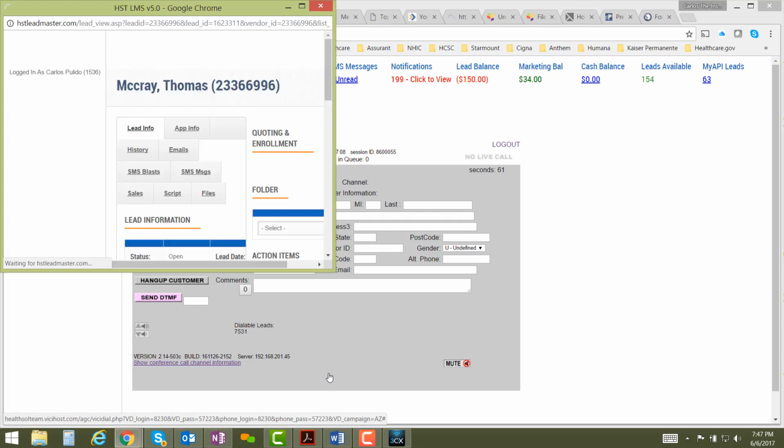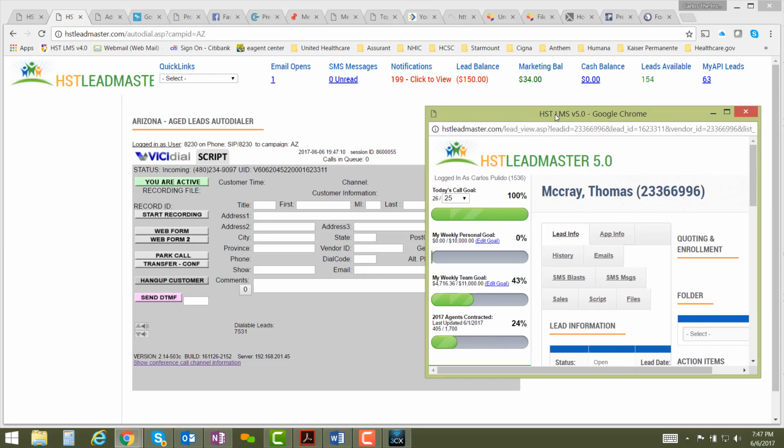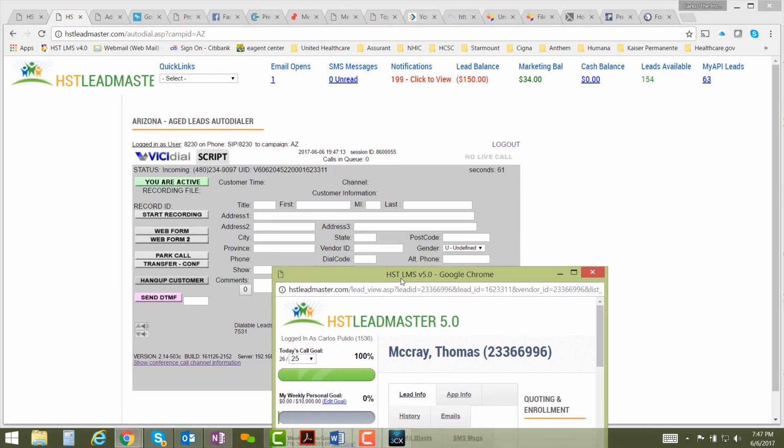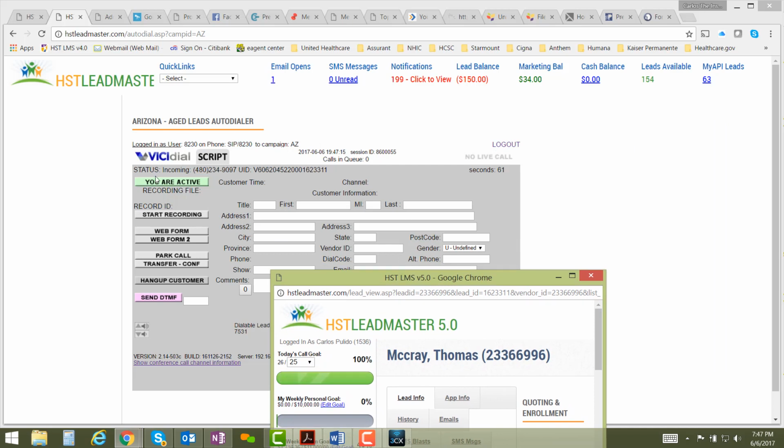That way we get Leadmaster picked up. But what you want to do is you want to be careful. While you're making your notes in Leadmaster, the AutoDialer is still going. So if you wanted to pause while you're doing some edits to the lead, then